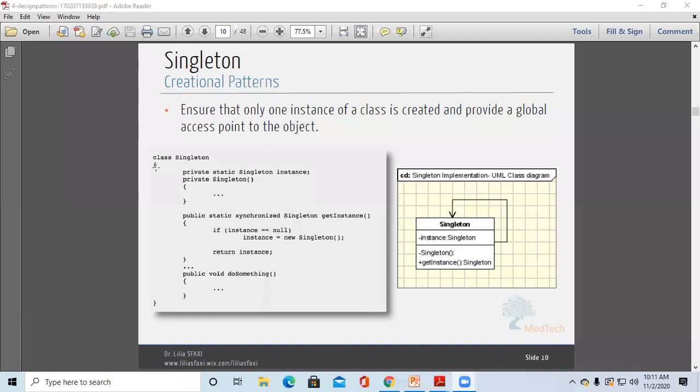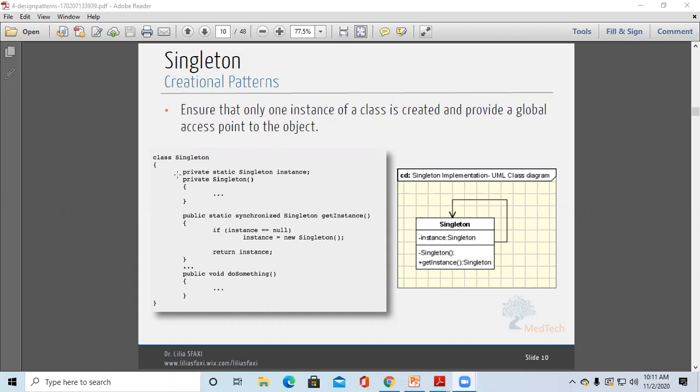Okay, here you can see the Java example, class Singleton. We create a static object for that class. That's why it ensures that only one instance of that class is created, so that we can access it throughout, through a global access point.